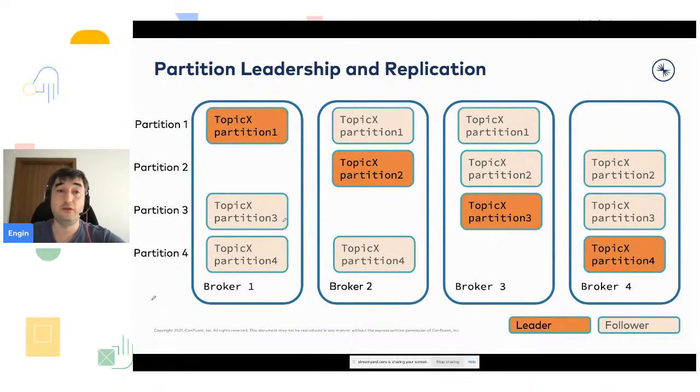First, before that, we need to understand how leadership and replication work. In this example, we have a replication factor of three, and I have a topic X with four partitions. I will distribute all these partitions across all available brokers. The first partition goes to broker one, and as you see, these orange ones are the leaders, which means that consumers and producers interact with this one. And if producers are writing to partition one,